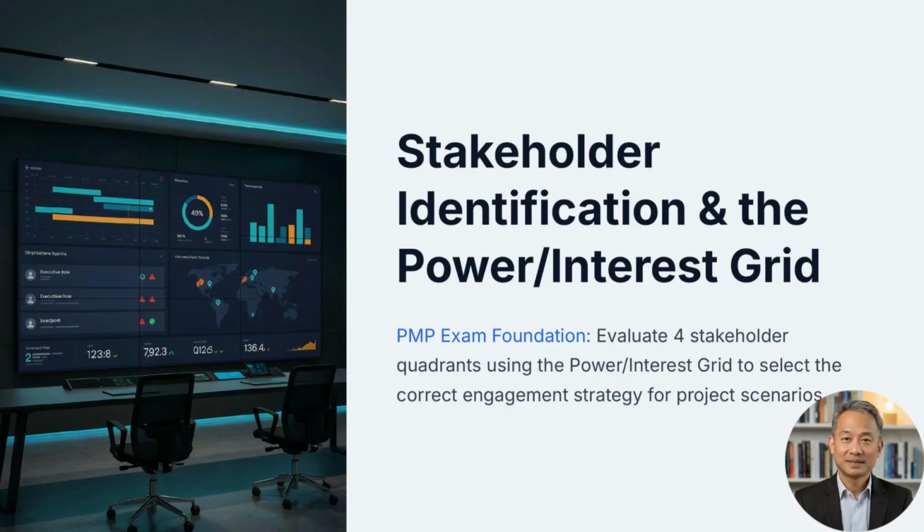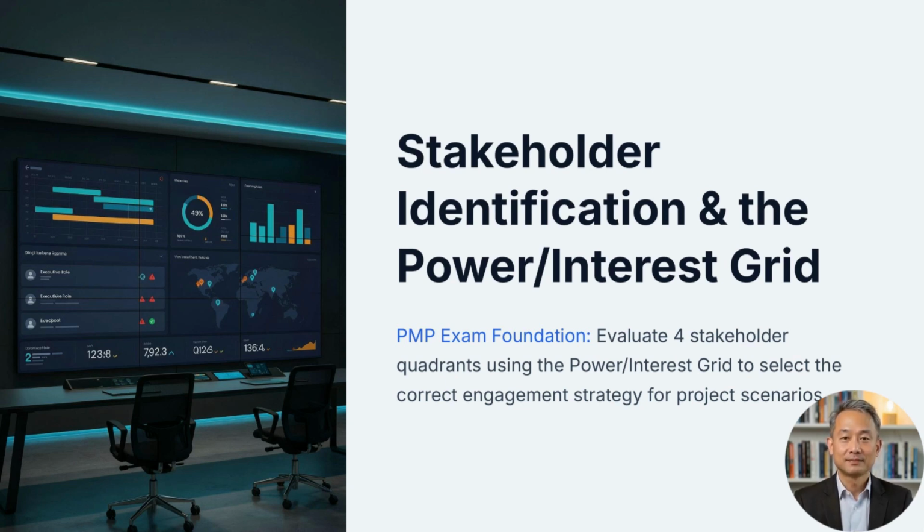The PMP exam frequently tests stakeholder identification and prioritization. Many students can memorize the power interest grid, but struggle when applying it to realistic project scenarios. In this lesson, we will examine the 4 stakeholder quadrants and learn how to select the correct engagement strategy for each situation. By the end, you should be able to analyze stakeholder power and interest levels and answer PMP-style questions